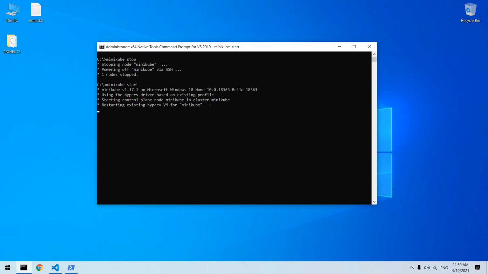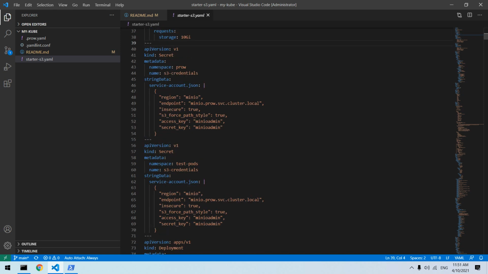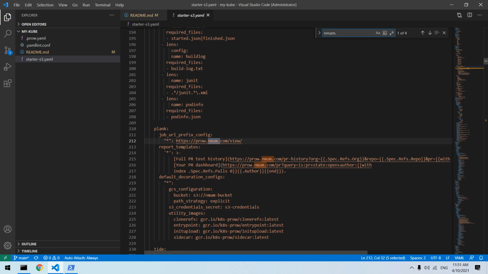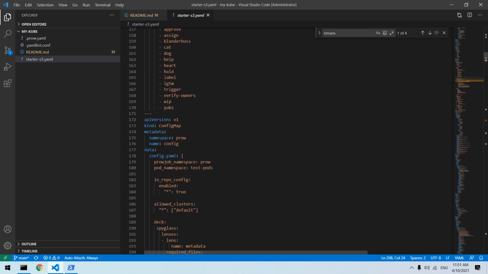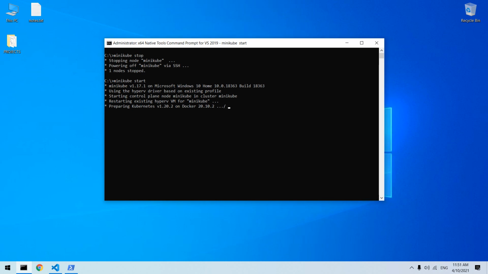Make sure that your Minikube IP is set in the host file so that envan.pro.com is accessible. This host name is used in certain places, so it should be pointing to your Minikube IP via the host file, the public IP of the node. Let's wait for this to come.